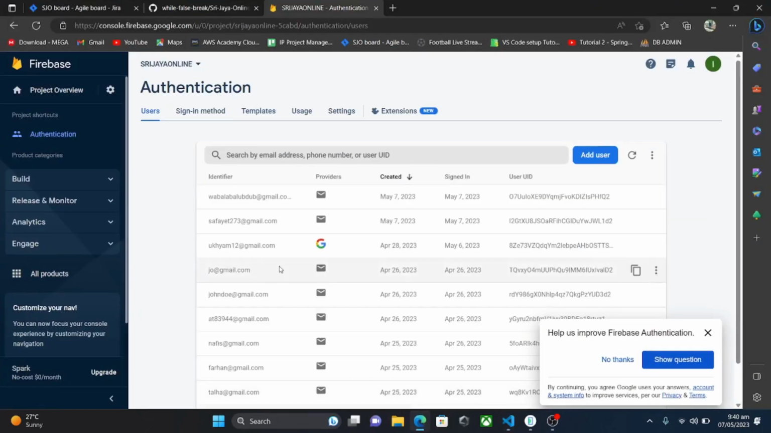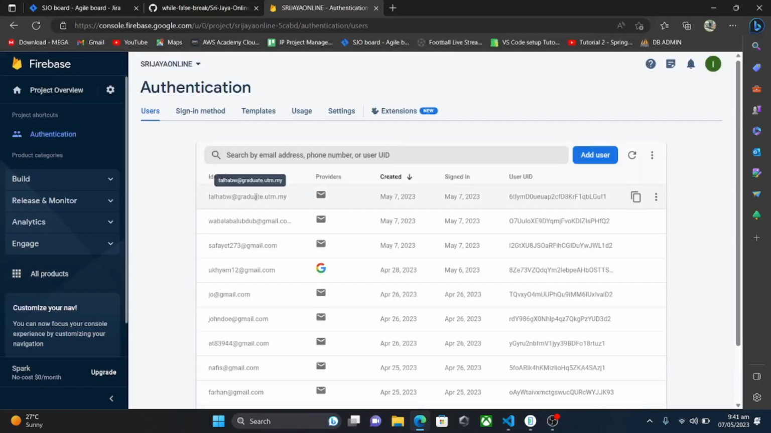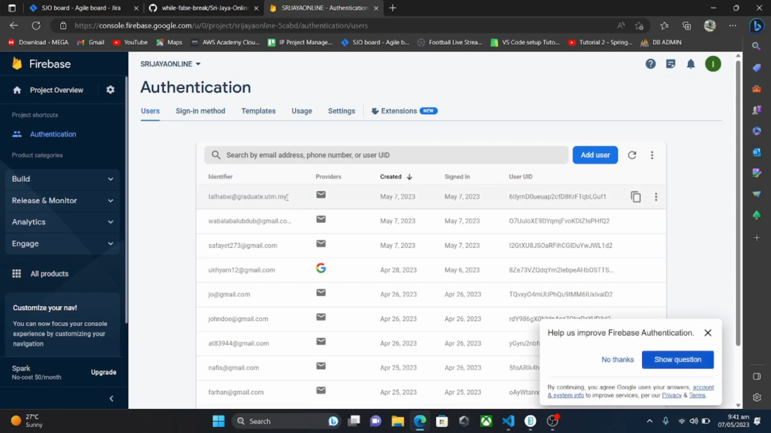And if you check our Firebase, we can see that the email that we entered, let me refresh. As we can see, the email that we entered is now showing in our Firebase. Okay, now